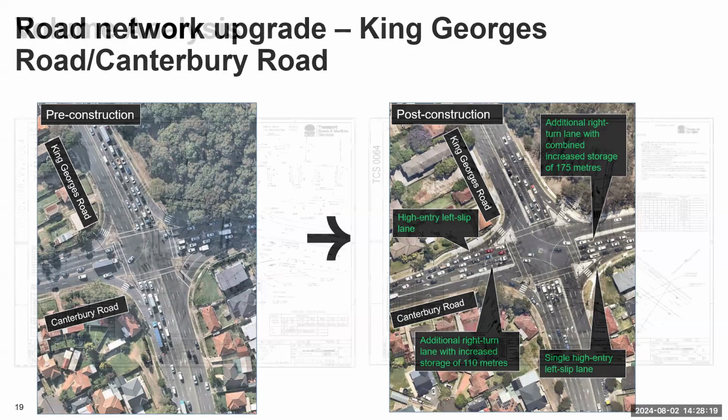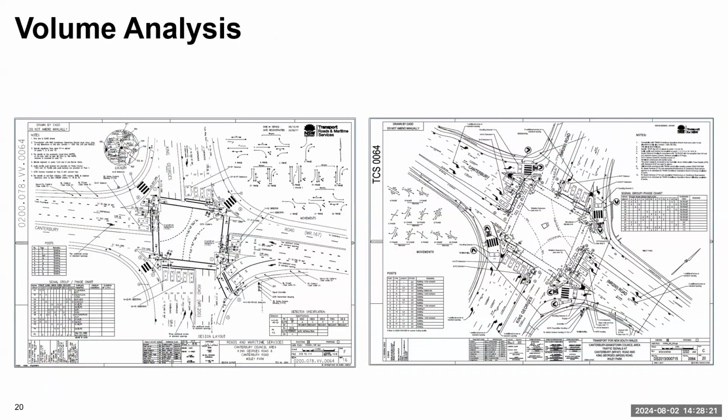And we do the volume analysis first. So we have the TCS plans before and after, and you might already know the SCATS detectors that are there. If you look at the intersection closely, there are always some cutouts whenever there is a signalized intersection. That means there are loops under that, and that tells you how many vehicles are going through. And if the network is upgraded, now those SCATS detectors are upgraded as well. So we have pre-construction and post-construction SCATS plans,